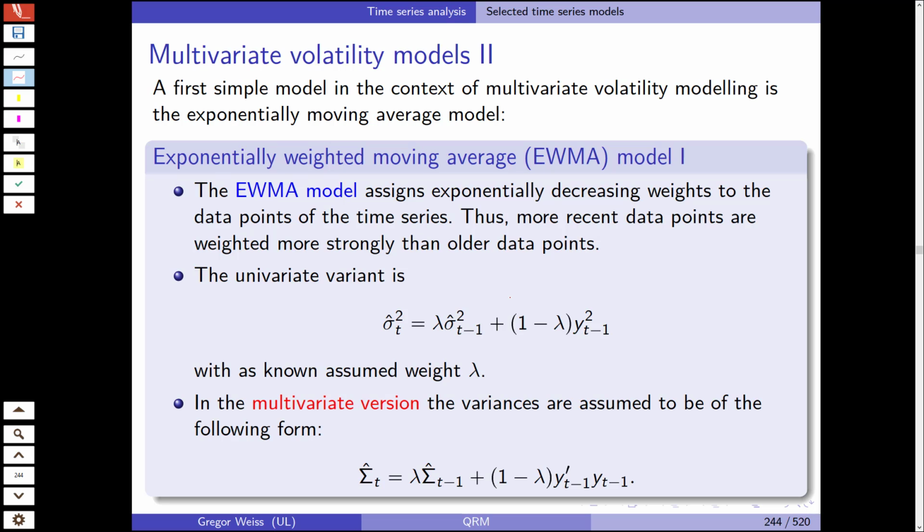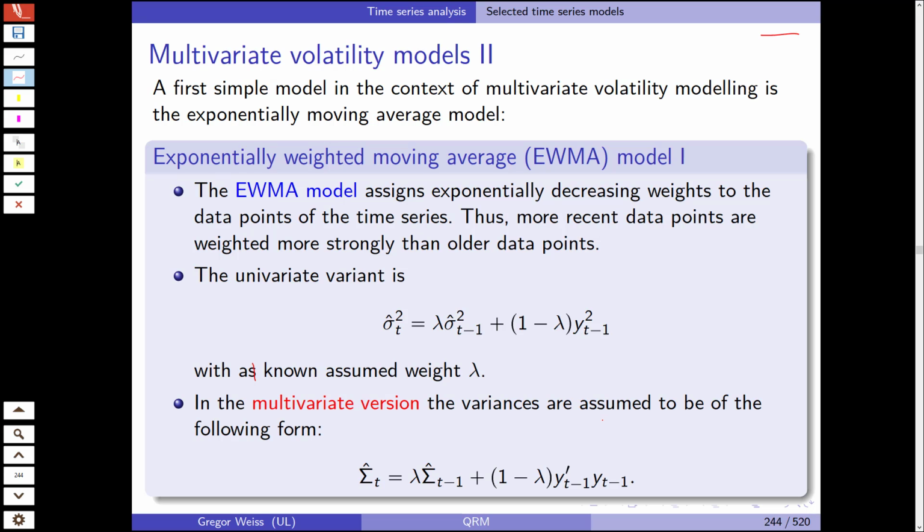Thus, data points that are more recent and don't lie back in time too much are weighted more strongly than older data points. Those older data points slowly fade out of this estimation, and the univariate variant is simply sigma t hat squared. So the estimated variance is given by lambda sigma t minus 1 squared plus 1 minus lambda yt minus 1 squared, with a known